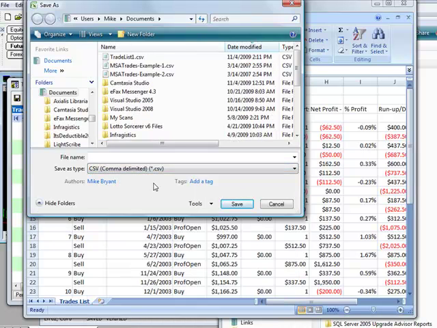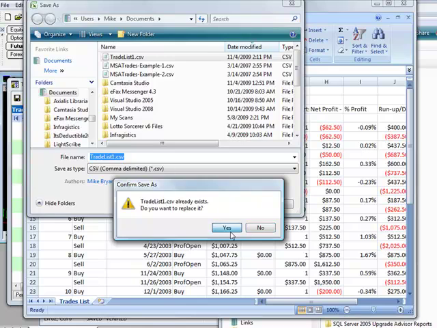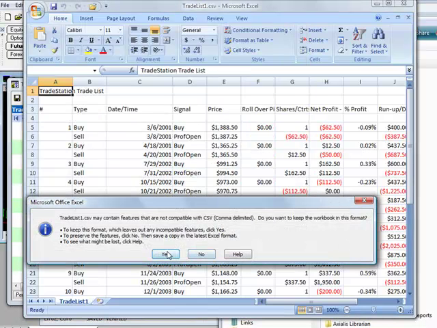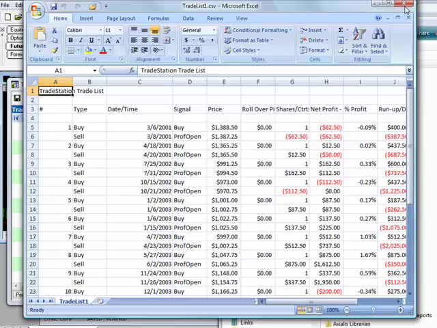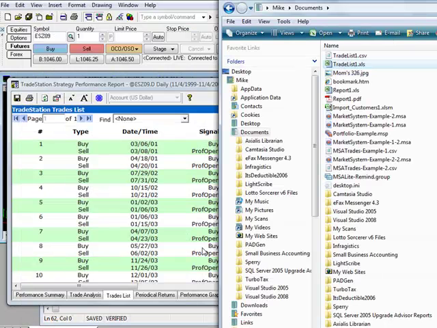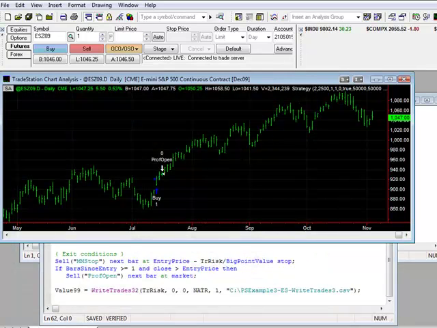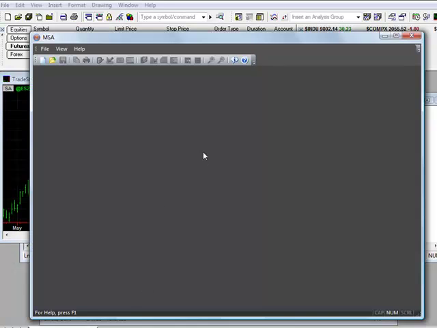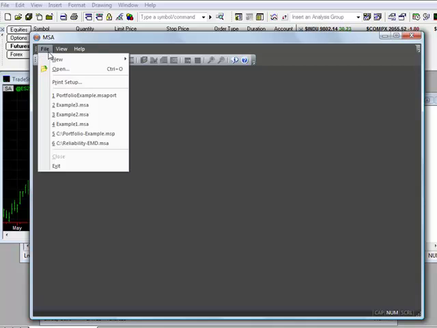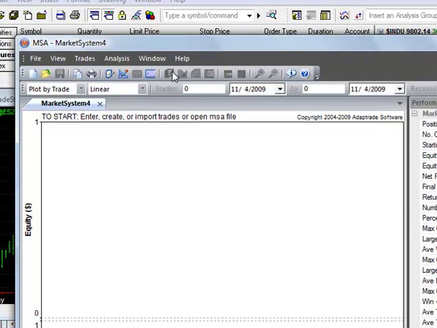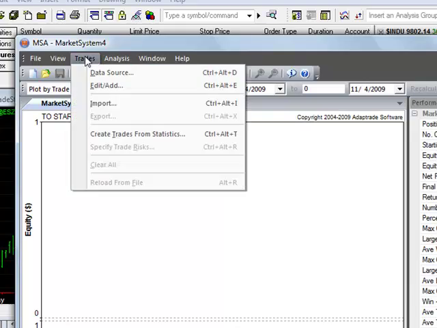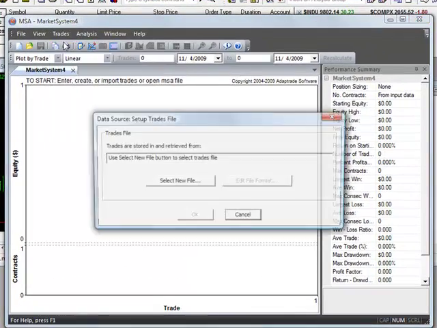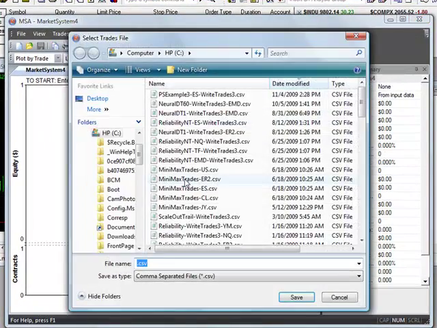So I'm going to save this under comma delimited format and call it TradesList1.csv. And then I'm going to close out the Excel file, and now that CSV file should be in my Documents folder. So we go back to MSA and say New MSA File. We go under Data Source, select New File,